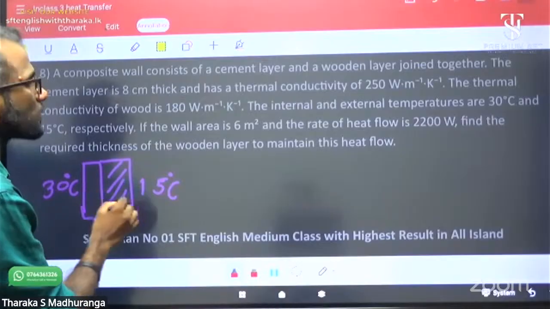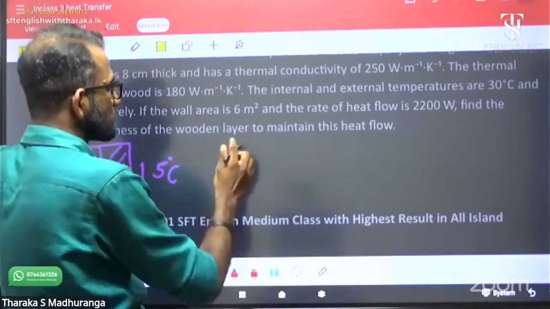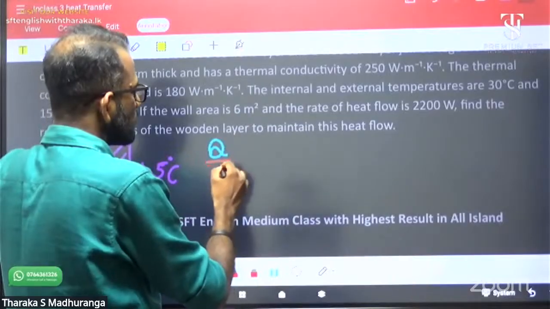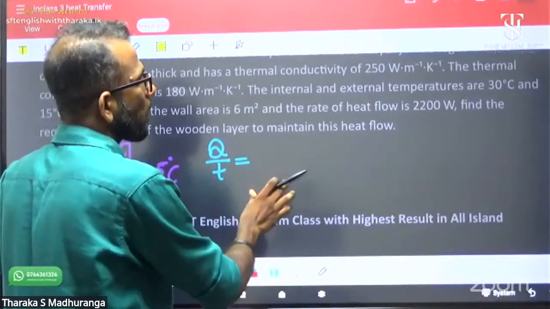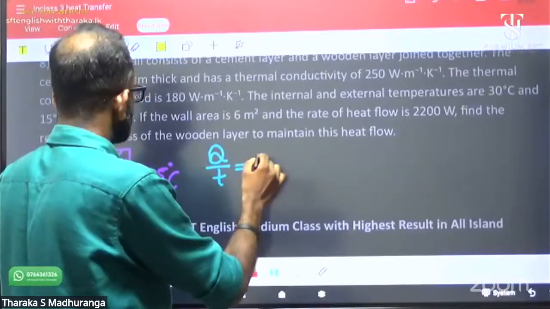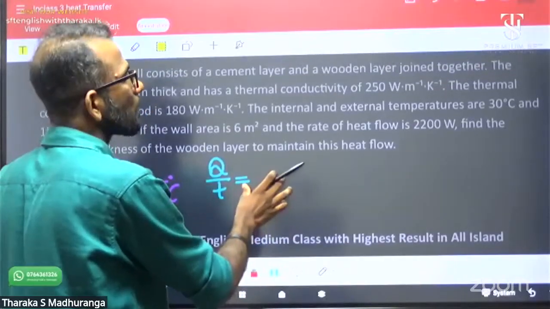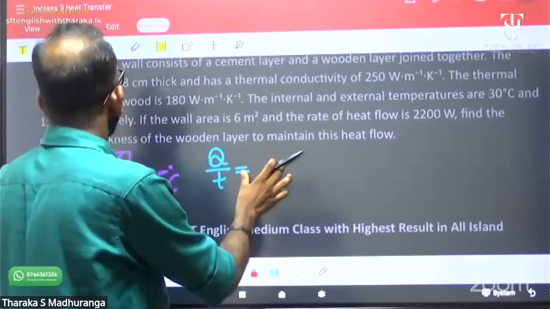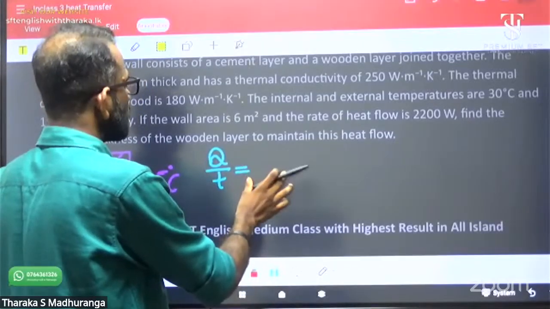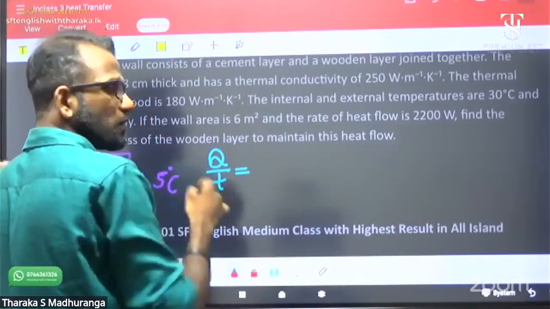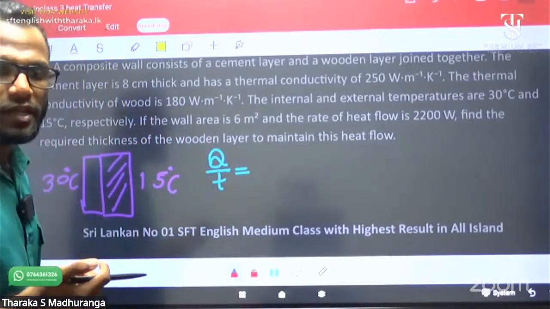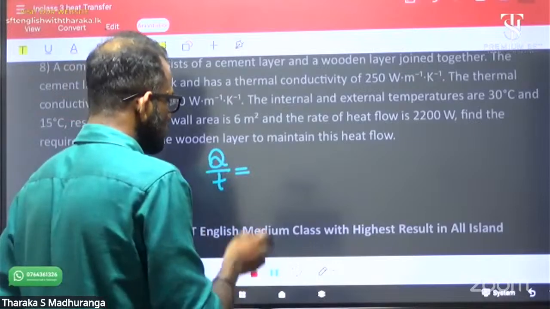The thermal conduction rate is also given. Q over T equals, for the cement layer 8 centimeter, the thermal conduction rate for the cement layer. Q over T